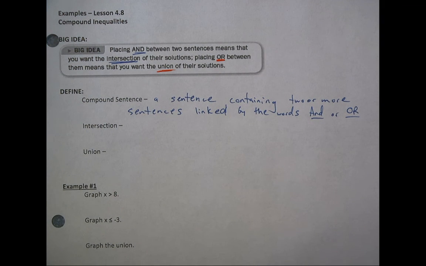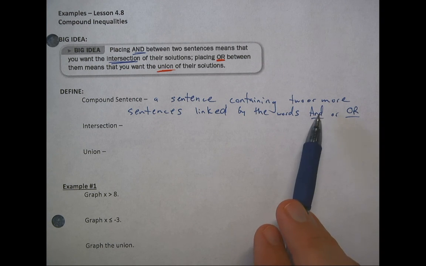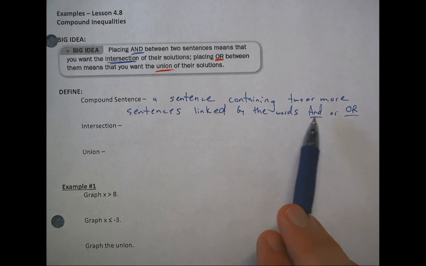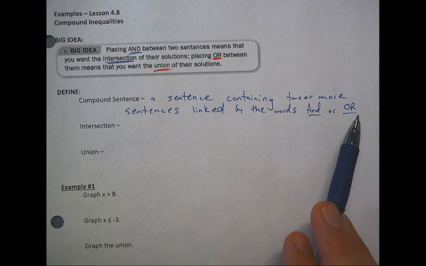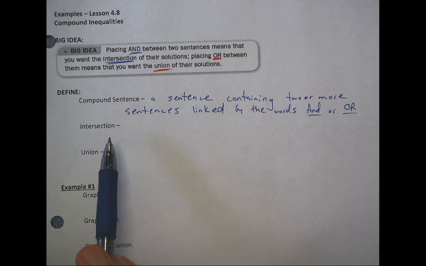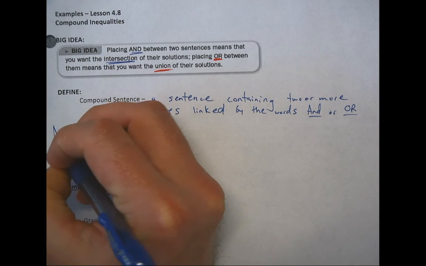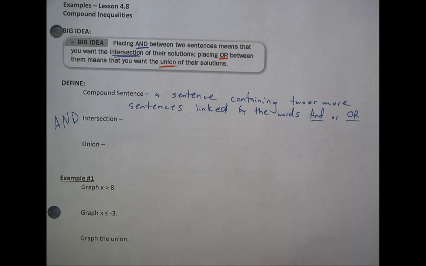A compound sentence is any sentence containing two or more sentences that are linked by the words "and" or "or." If you want both things to be true at the same time, that's "and." Or if you just want either one of them, possibly both at the same time, but just one is fine, then that's your "or." So our intersection would be our "and," our union